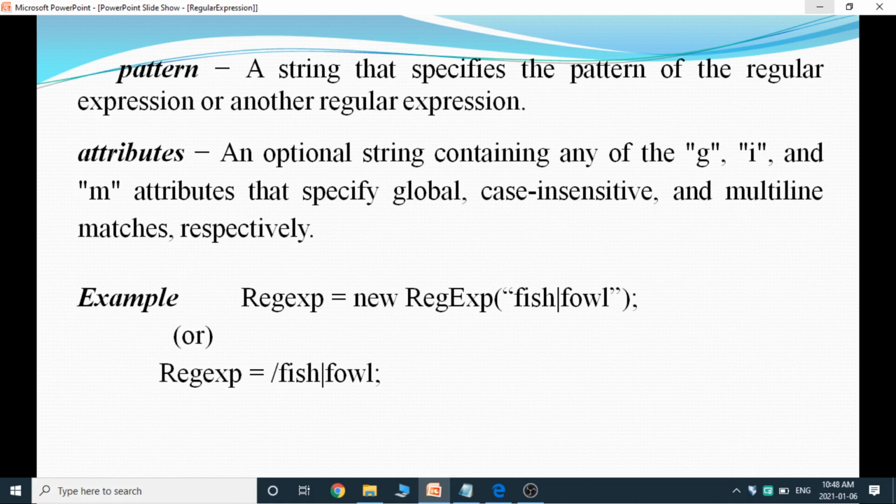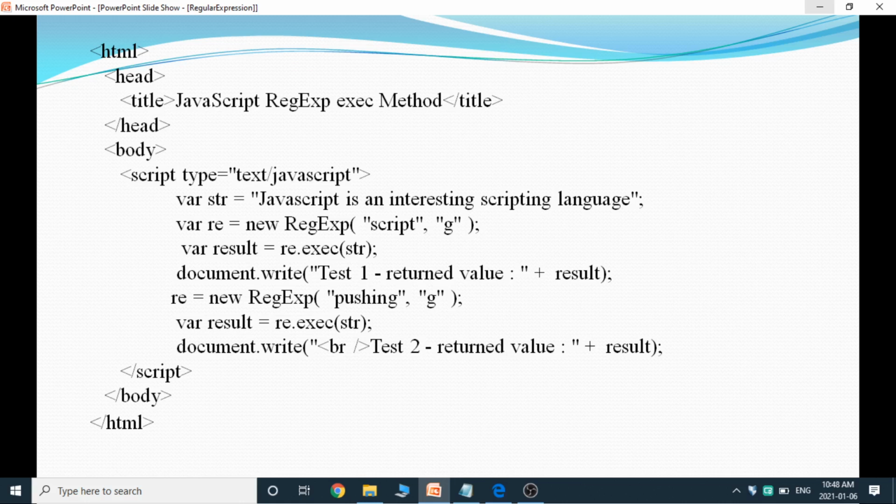Here I am taking an example, regular expression equals new RegExp of fish, fowl, or else simply regular expression equals slash fish or fowl slash. Here the pattern is either fish or fowl. This pattern is compared with the given text or string, that is with a single line or multiple lines. The program for this